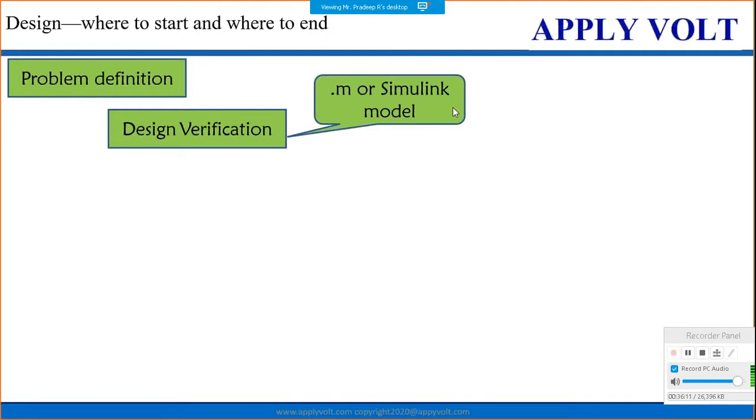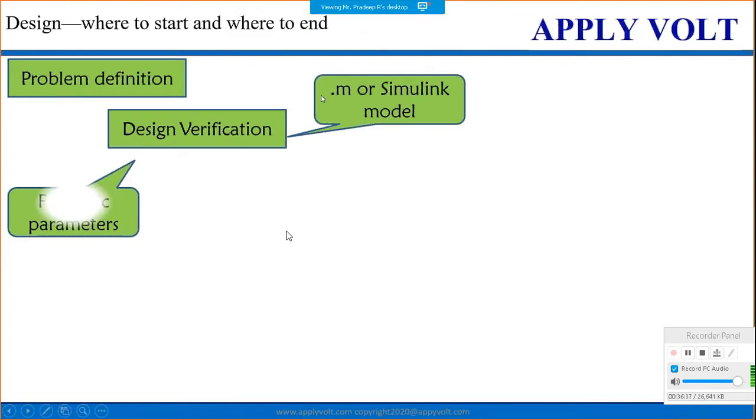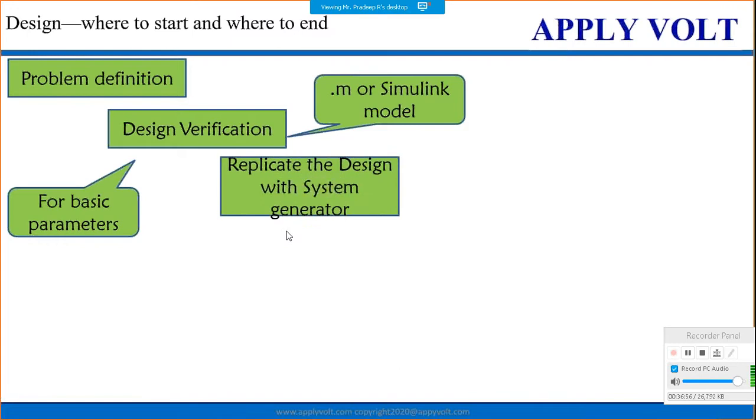Then we start our designs. I also want to do parameter analysis, that means after the design is selected, like edge detection parameters or blur image parameters, or if noise exists in your base, then you want to re-verify, redesign or reconstruct our own designs. After that, if you are satisfied with the design verification in your .m code or your Simulink block set,